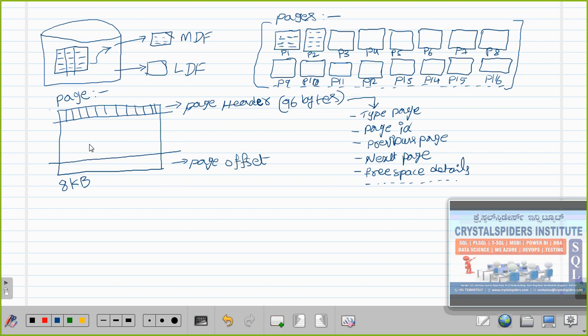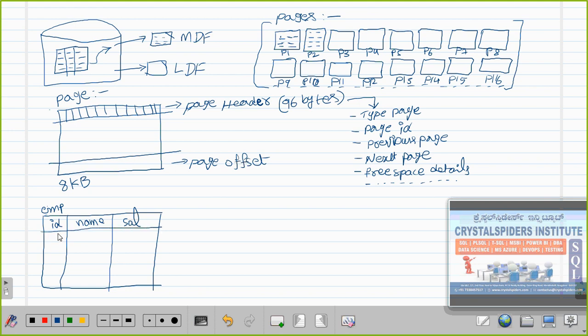Now this is fine. And how will it store the data? Let's assume this is my table. This is my employee table, with the ID of the employee, the name of the employee, and the salary. When we start storing, let's assume my employee table occupies this page. Now the ID of the employee, the name of the employee and the salary of the employee.